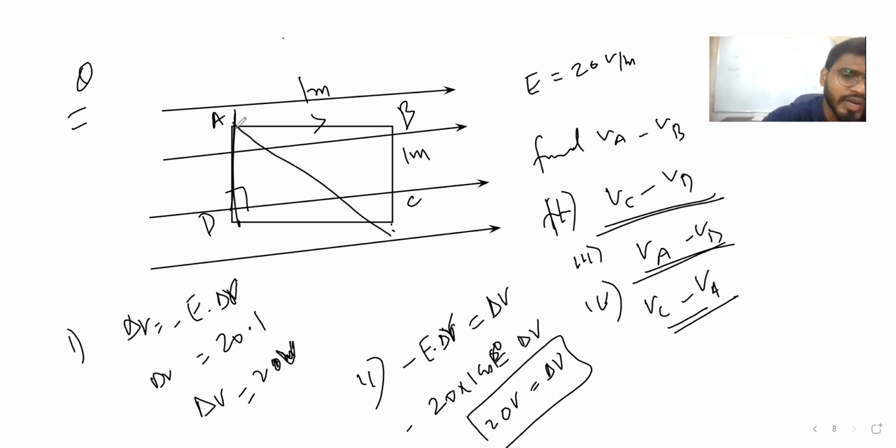Now distance is going to be what? Root 2A, right? That also you guys can do. So by that way, you should do these types of sums. So only one thing you should remember: E dot delta R, right? E dot delta R. Fine. E dot delta R minus E dot delta R, whatever.